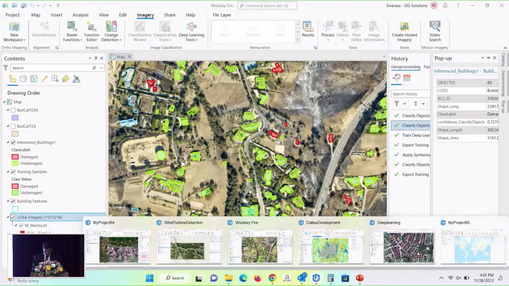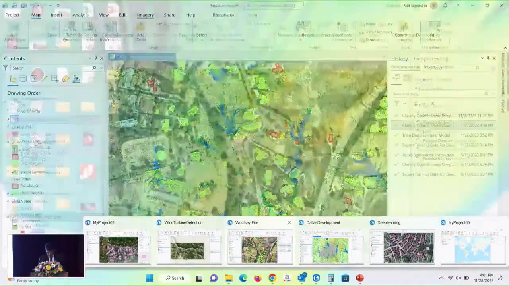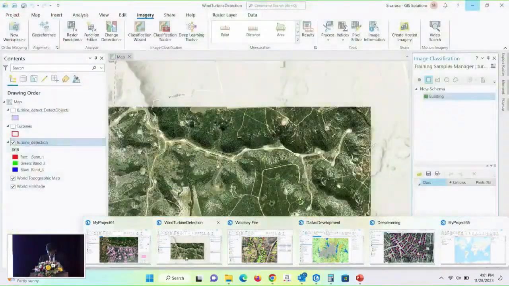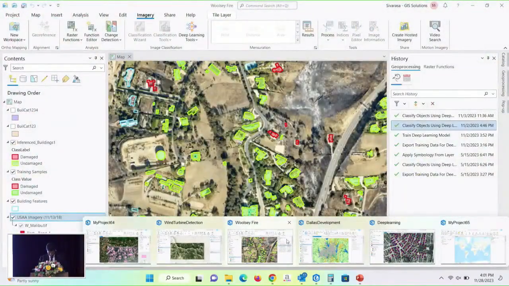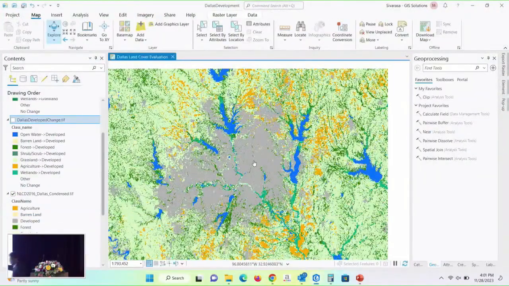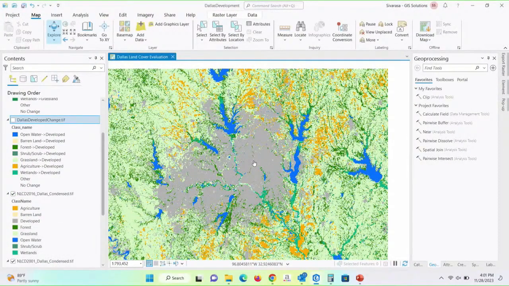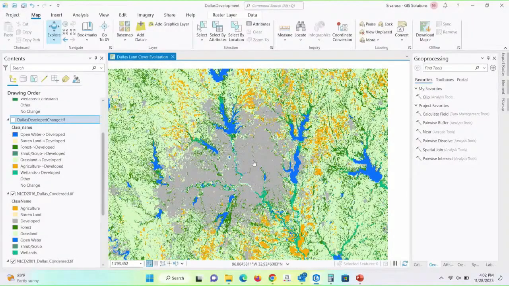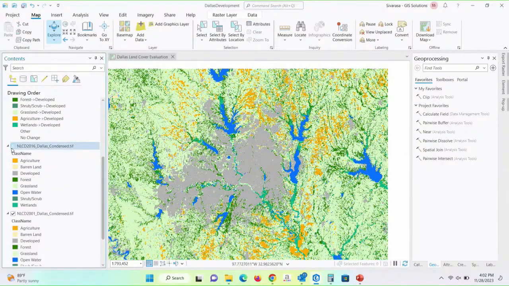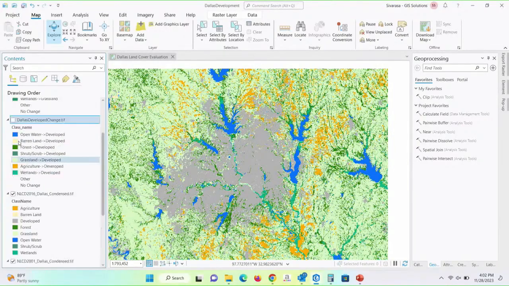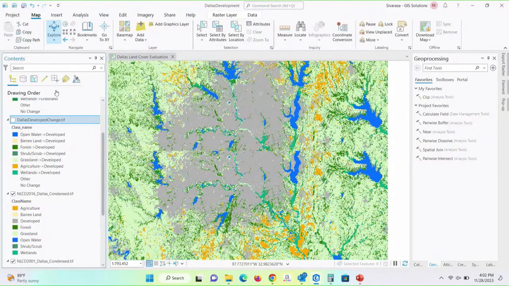So likewise, I will just move to the other one. Yes, this is Landsat 8. So of course, we can generate these kinds of images by using the same mechanism. So I have generated two land use classifications. One is 2001 and the second one is 2016. Of course, here also we have a land change detection that is also under deep learning. So of course, you can see that difference, right? So I tried to generate this to understand the extent of the area.